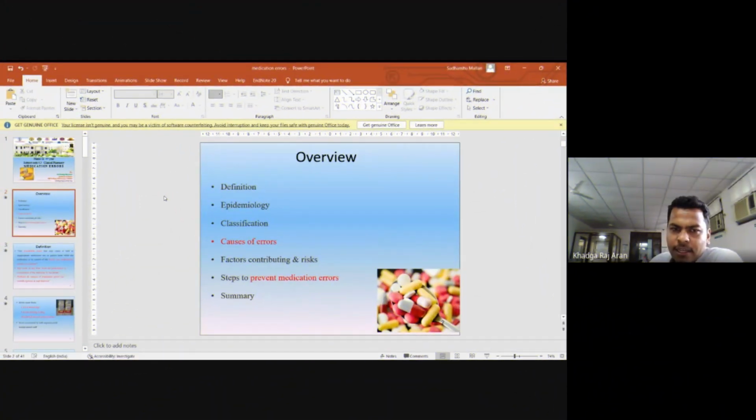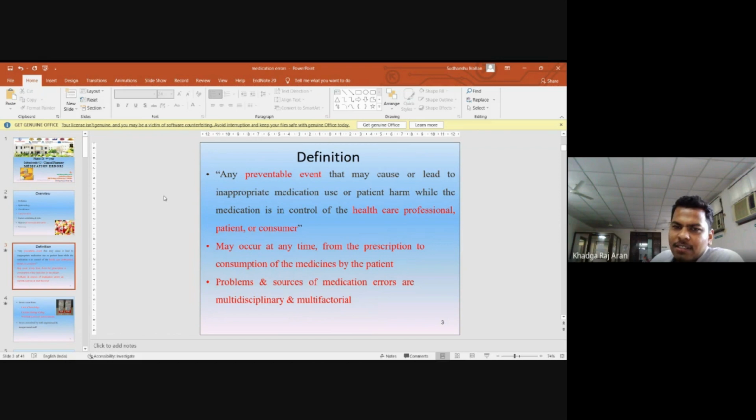Definitions of medication errors, then epidemiology, classification of medication errors, then causes of medication errors. After that, I will discuss some factors which are involved or contribute to medication errors, and at the last, I will discuss how to prevent medication errors or how to overcome these types of medication errors. So coming to the definition, a medication error is any type of preventable event that may cause or